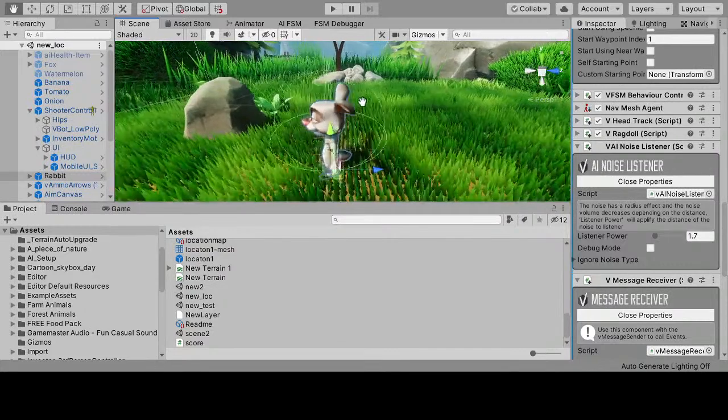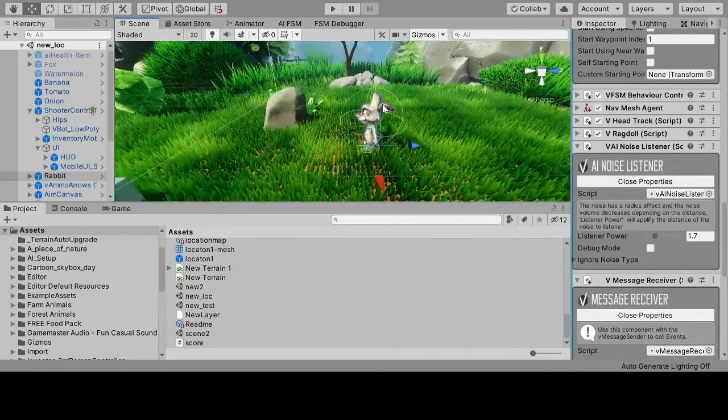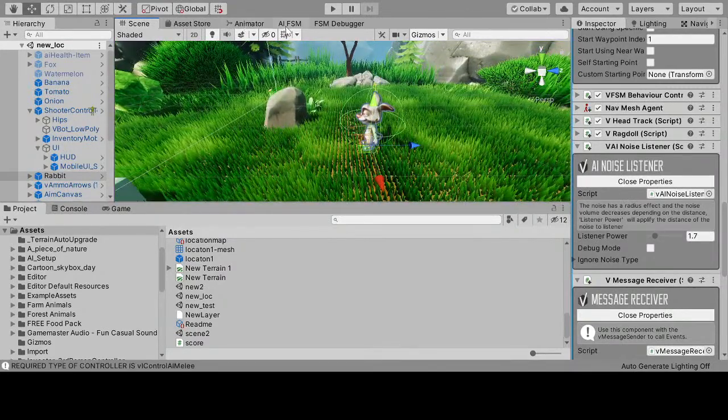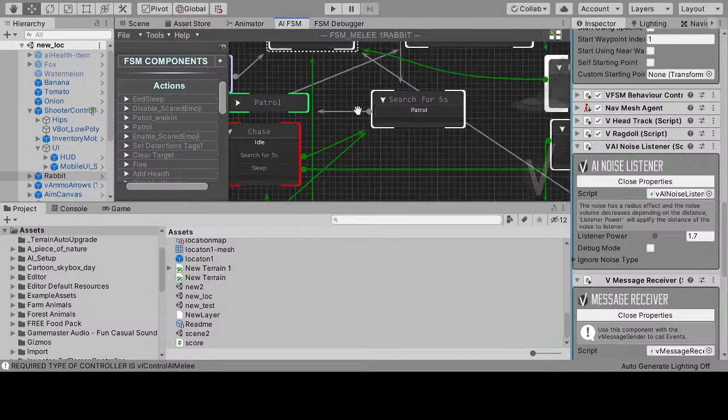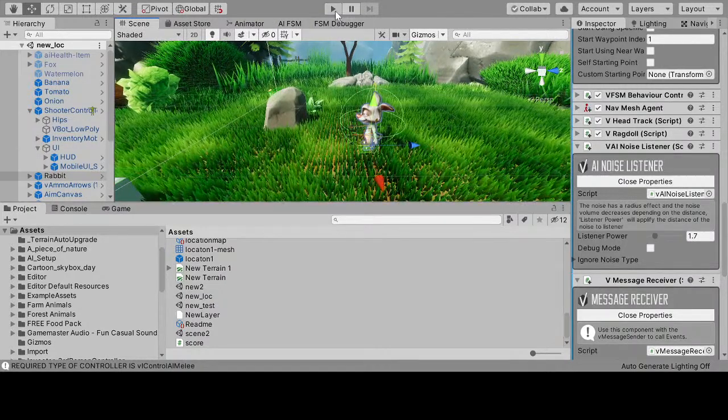We are using Invector AI to develop our logic, in particular for this NPC. Invector provides an AI FSM, so you can design your AI as complicated as you want, because they provide some predefined templates that you can customize, or you can build your own. In this case, we are developing our own logic for the NPC. So let me show you and just play this